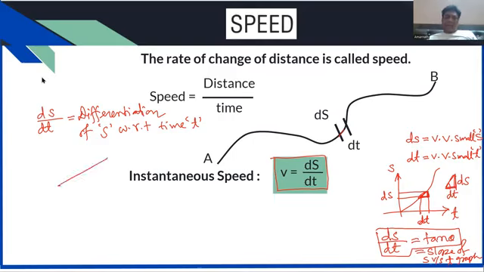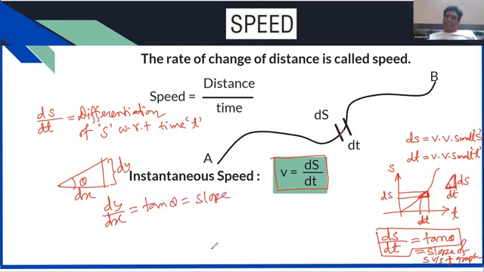Say this is a triangle. So this is perpendicular. This is base. This is theta. So dy by dx is tan theta, and this is also called slope. You see, if dy is less, this line will be a little bit inclined. If dy is more,